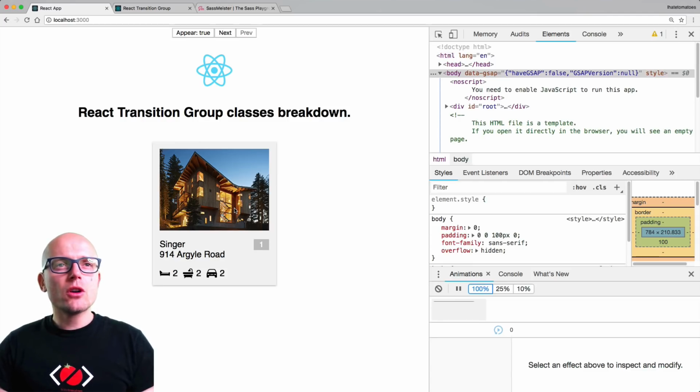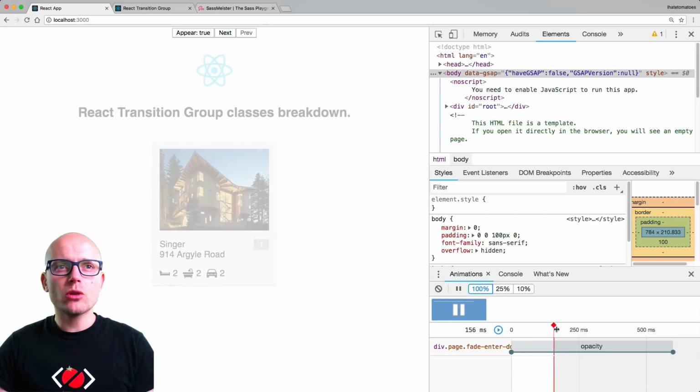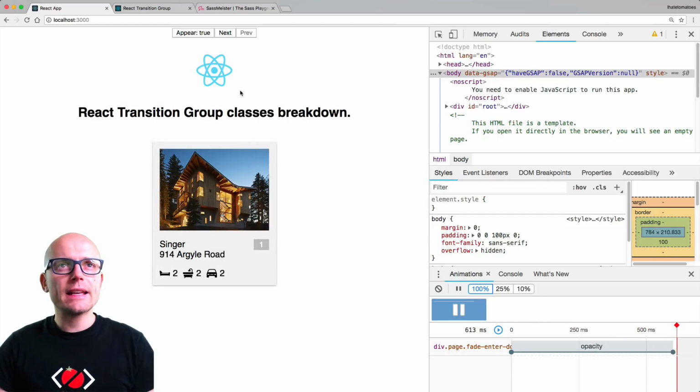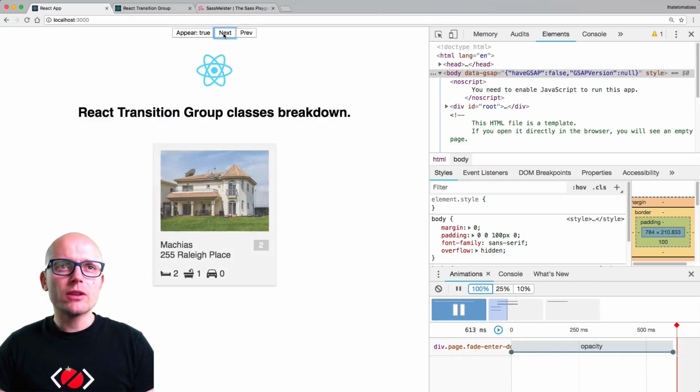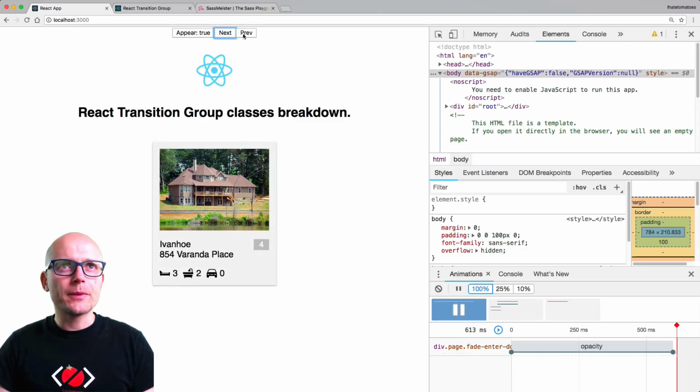Before we dive into the code, let's review what we will be building. We'll use the React Transition Group to fade everything in on a page load. That will be using the appear functionality, and then we will be changing the content of the card. When we click on next, we're bringing a new card in, but before we do that, we animate the old property out. Okay, so this will be using again the React Transition Group, and we will be in full control